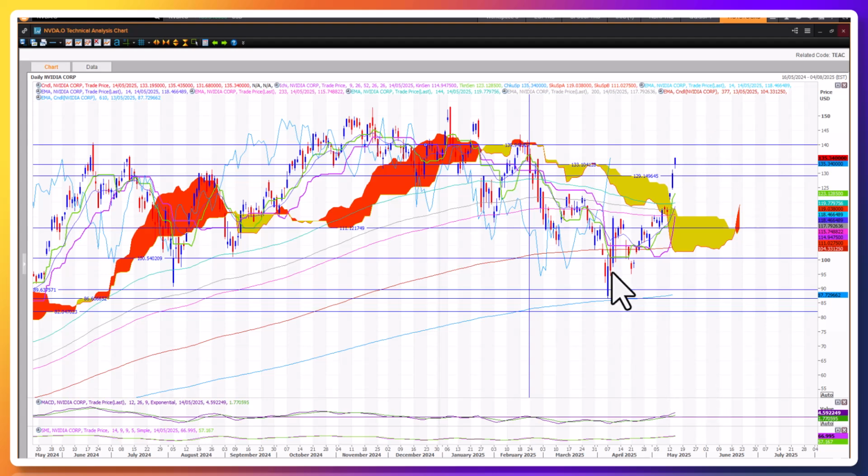Now we've had quite a strong move off this low, and any kind of Fibonacci retracement could mean that if there's weakness in the stock price, we could easily see a retest of this top end cloud chart for support. But that's the new support zone for this rally, the front end of the cloud indicating a new bull rally. And also the important thing to note is the lagging line also sliced through the cloud chart resistance here. So we are now in a nice new bull market rally on the daily Ichimoku cloud